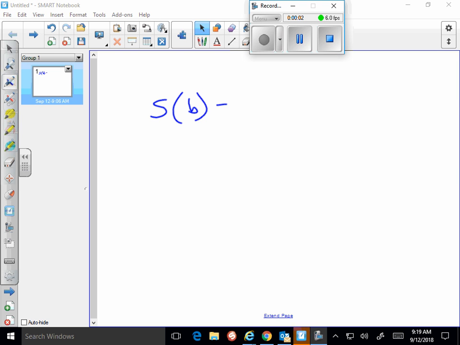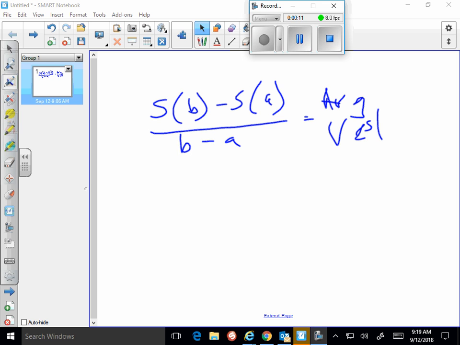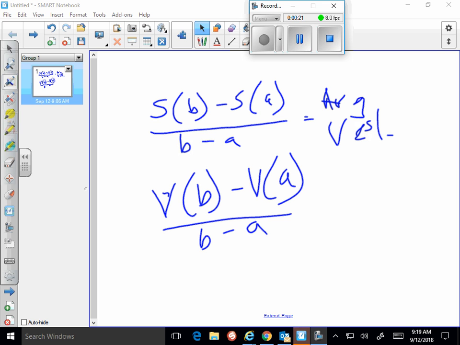S of B minus S of A over B minus A. That's average velocity. Okay, and Grant said if we did V of B minus V of A over B minus A, something that many people will do on the next test when I ask for average velocity, they're going to do this, but Grant says don't do that because that's finding average what, Grant? Acceleration. Okay. Nice. Can you say it again, Sarah? That was really great. Average velocity is